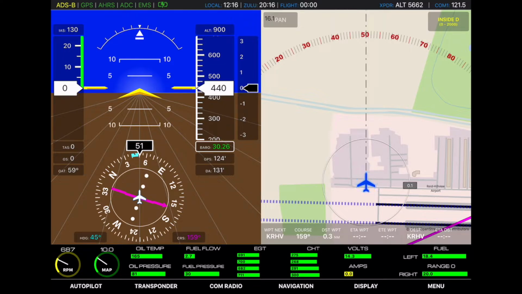First, a quick introduction to what you're seeing here. On the right-hand side of the screen, you're seeing the MFD portion, which right now is showing our aircraft parked on the ramp at Reid-Hillview Airport in San Jose, California. The left-hand side of the screen, you're seeing the PFD, or Primary Flight Display. Across the bottom of the screen, you're seeing the engine monitoring display, and slightly below that is the menu or